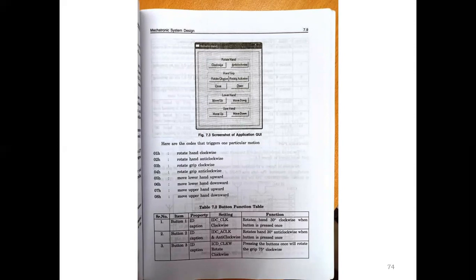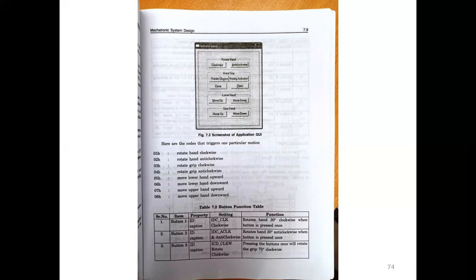That means, as in a microcontroller, we are enabling the port using some input-output instruction. Same as here, we are enabling the numbers from 0, 1 up to 8. Each instruction is connected with some button, with particular programming. For example, if I press rotate hand clockwise, it will send the data 0, 1. So the 0, 1 programming will execute on the output side. That is the concept.